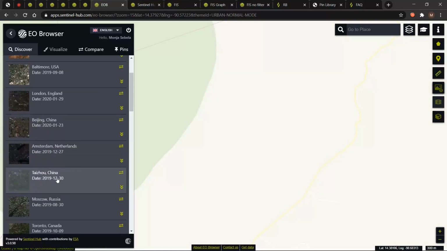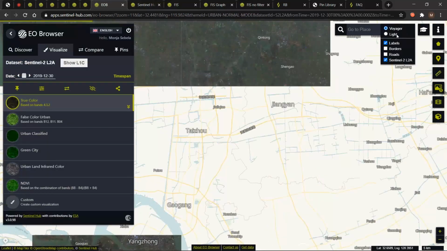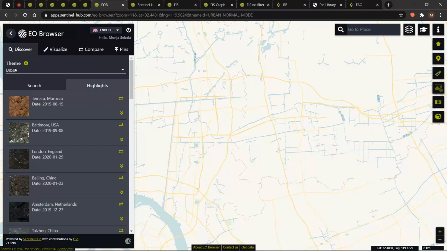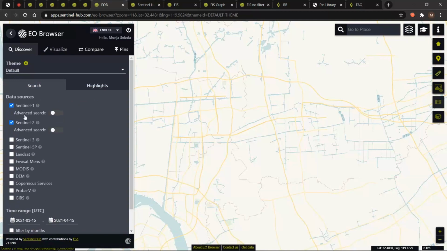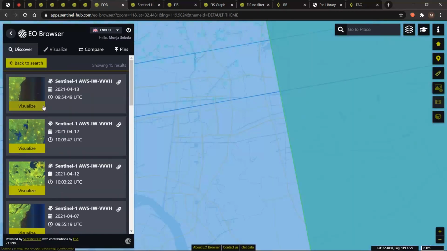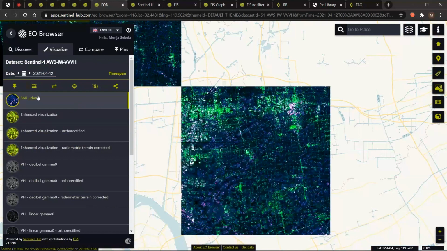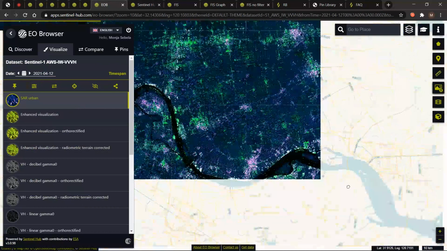And we will go to Taizhou in China. I hope I pronounced that okay. And then what I want to do, I want to go back to Discover and Default, and then I will select the Sentinel-1 imagery. So as you can see, I am often using EO Browser Education just to get to the locations where I want, but then I go back and select another collection, so they can also be very useful for that. I will stay with the first visualization